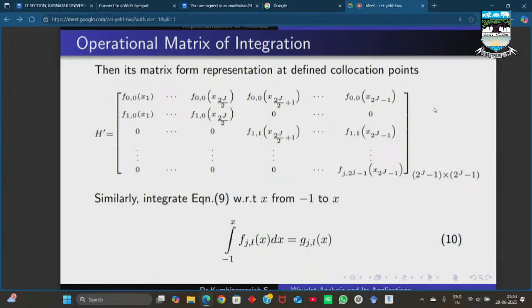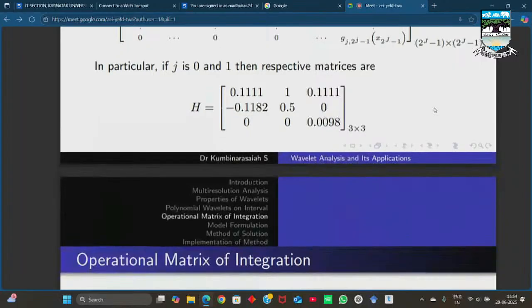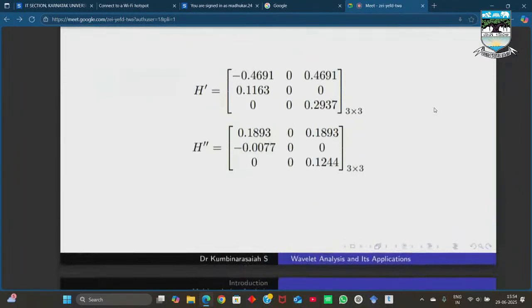Once again I integrate, and I get one more function G j comma l. Same, I apply the collocation points. I will get H double prime. For simplification, in particular, I have taken J equal to 0 and 1. Then the respective matrices are H, H prime, and H double prime. These are matrices of size 3 by 3. Now I am going to apply these matrices